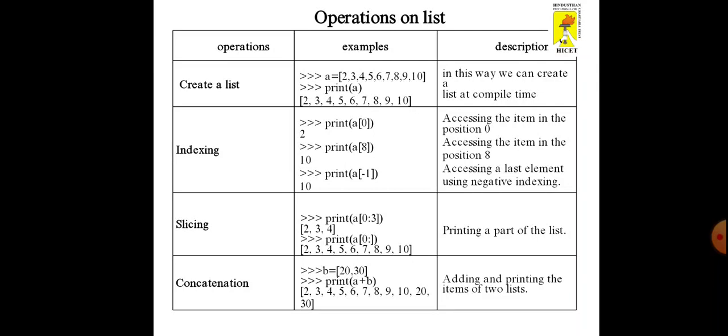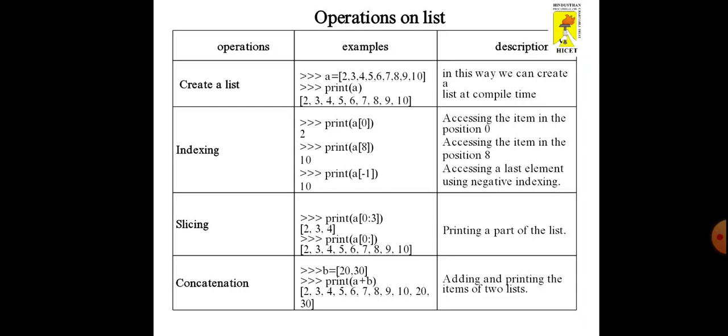The second operation is indexing. Indexing means accessing the item at a position. If I want to access the item at position 8, I have to write print A of 8. Within the square brackets, I have to mention the position of the item. You can do indexing as positive indexing and negative indexing. Positive indexing means the indexing starts from the first position of the list. In negative indexing, the indexing starts from the last element in the list. It goes like -1, -2, -3, -4 and -5 and so on up to the